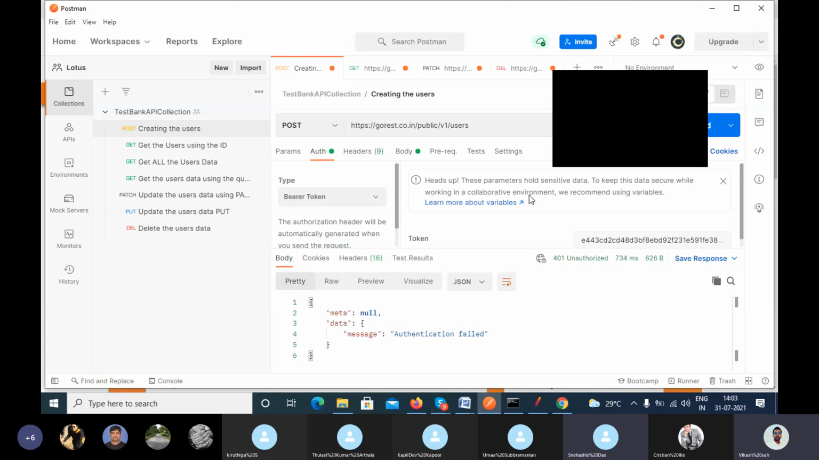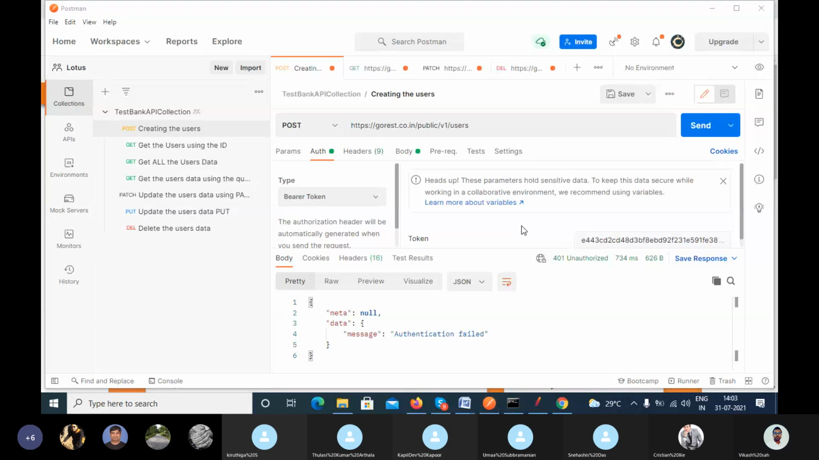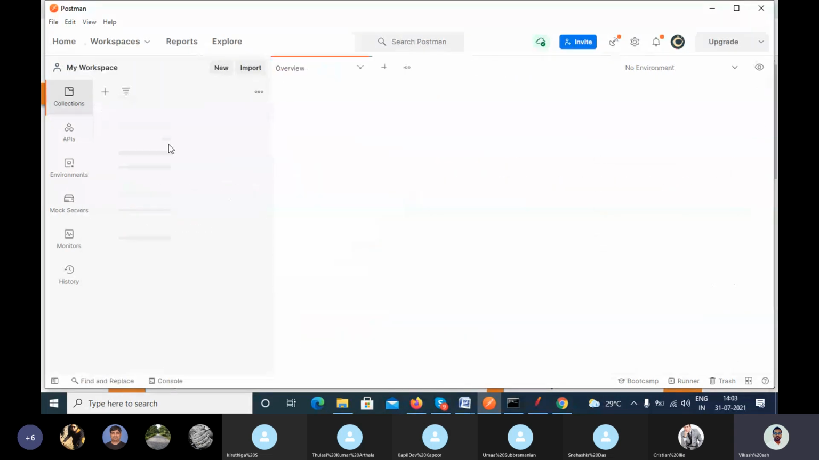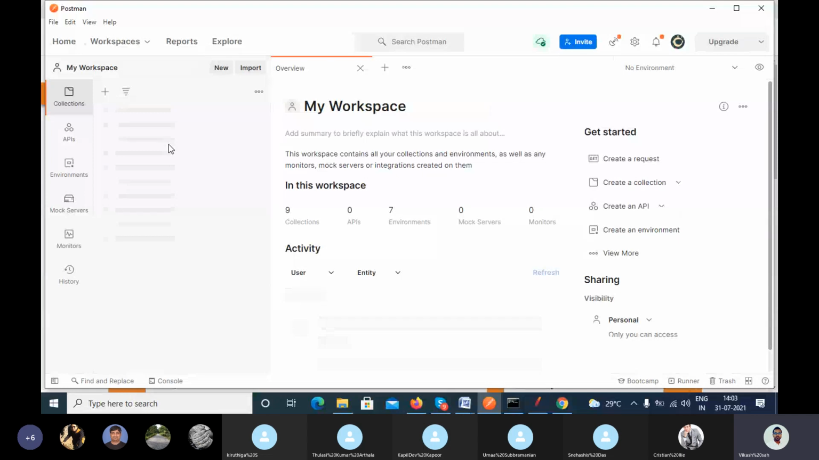Yes, to access the particular resource, we need the authorization. In real time, we have one token. Let me show you that token. My workspace. In the real time,